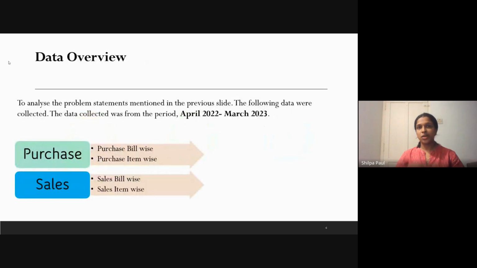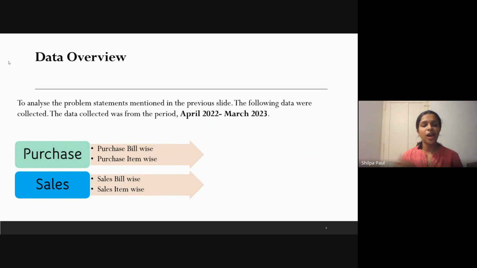As I said before, it's not a big shop that had proper computerized software dealing with all the data. So data was basically collected from the bills, that is the purchase and the sales bill. This was available in the system. And like all bills, purchase and sales bills had the unit quantity, GST, total amount, all were similar like the